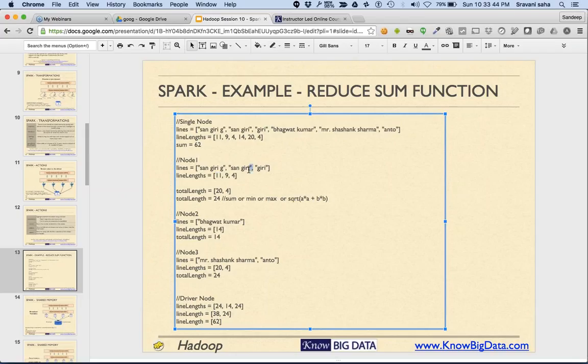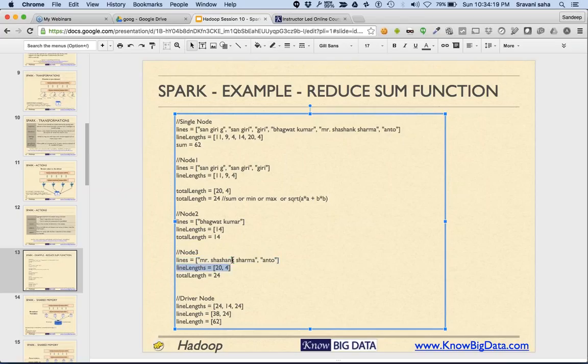The first three elements are on the first node, the next elements are on node 2, and the fifth and sixth elements are on node 3. After the lengths are computed on each node, lengths for the first three elements are computed on node 1, the second partition is computed on the second node, and the third partition is computed on the third node.